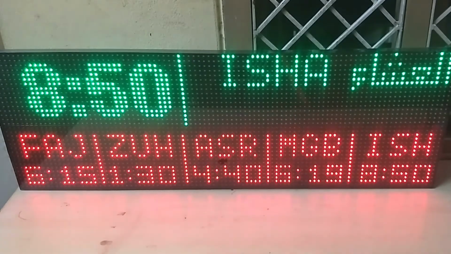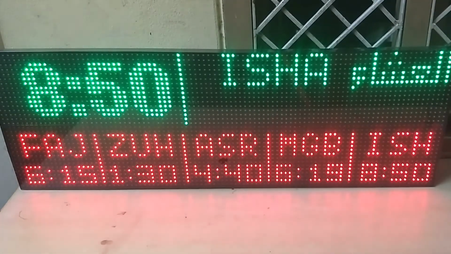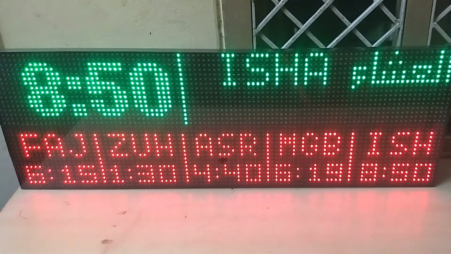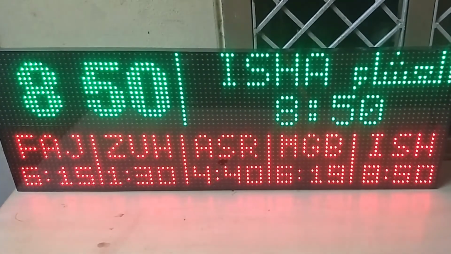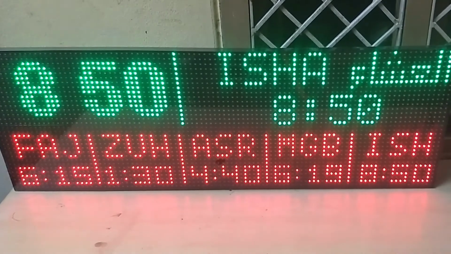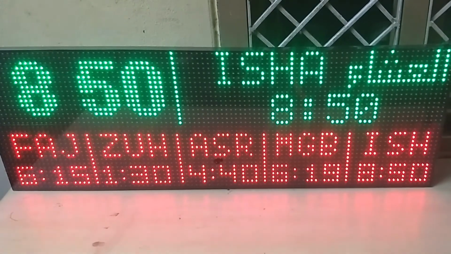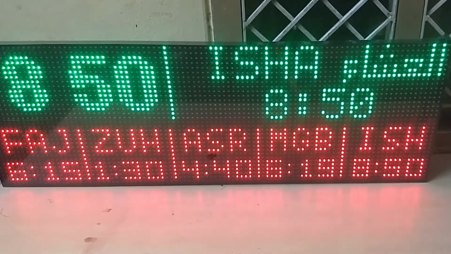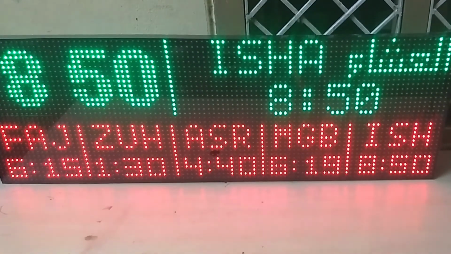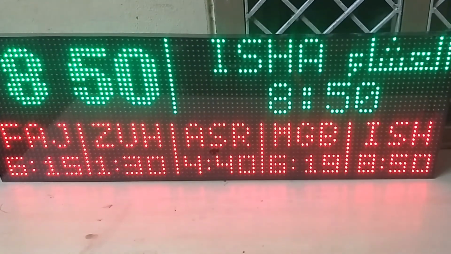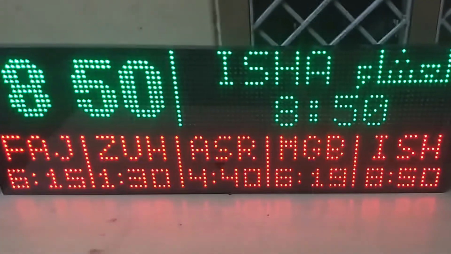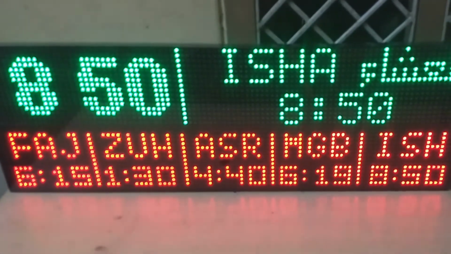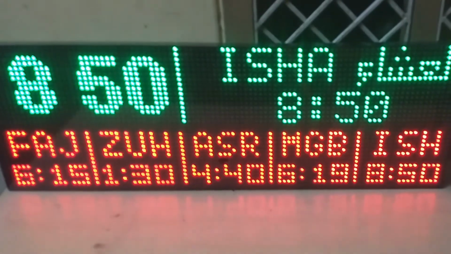That's a short beep for around 4 seconds, and it will blink indicating it's time for Jamaat, and 5 minutes after it will still show the Isha Jamaat time, which means up to 8:55 it will still continue showing Isha at 8:50. So that if people come late to the masjid, they can still see what time Isha is, they can offer prayer. The moment you offer salam around 8:57, the top display will revert back to toggling and showing all the prayer times, Ishraq time, Tulu time, and so on and so forth.